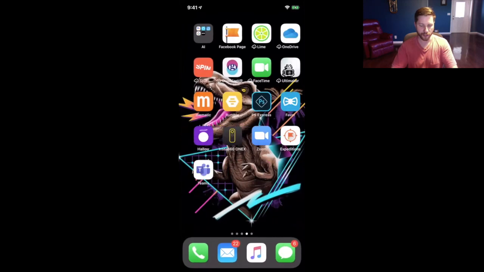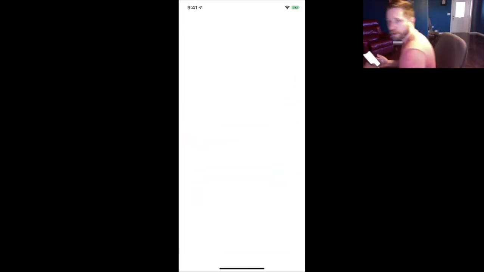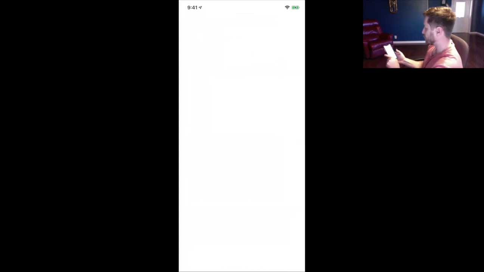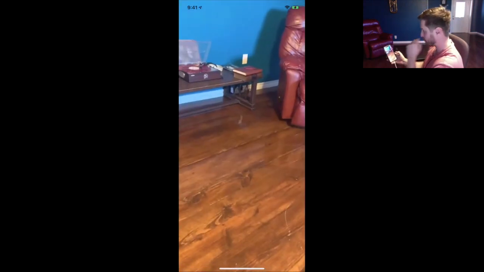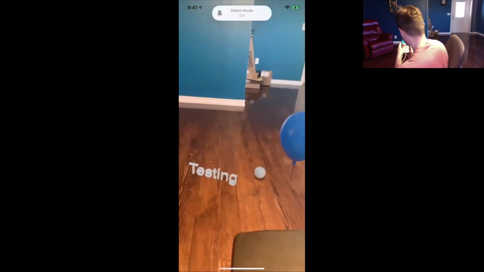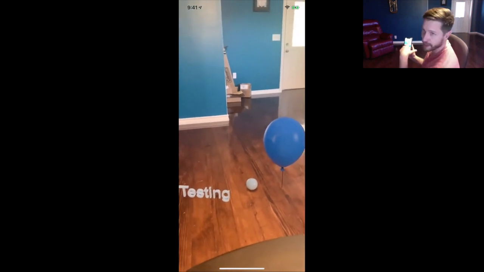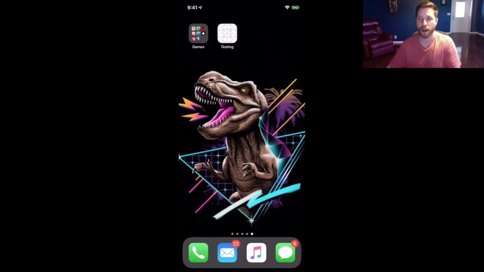Now once that's done, we can go back into the app and press Testing, and now you can see, hopefully, it pops up. We've got to allow access to the camera, press OK. And now it should detect the floor, and there it is. And now when I press the cue ball, there it is. So when I press the actual button, it's making that chime sound. So basically that's the little app that I created. Pretty simple if you have all the correct connections and programs and software. And so that's the little demo on how to use